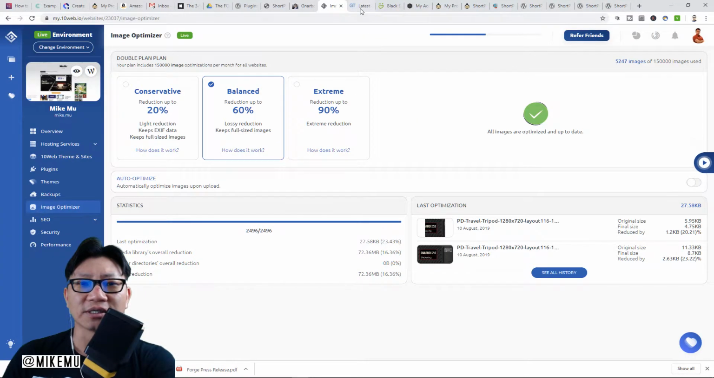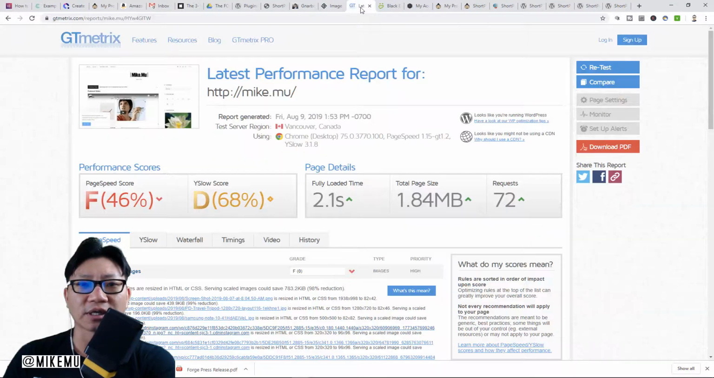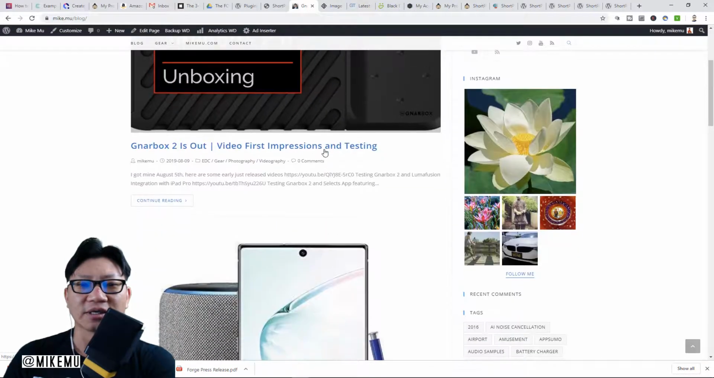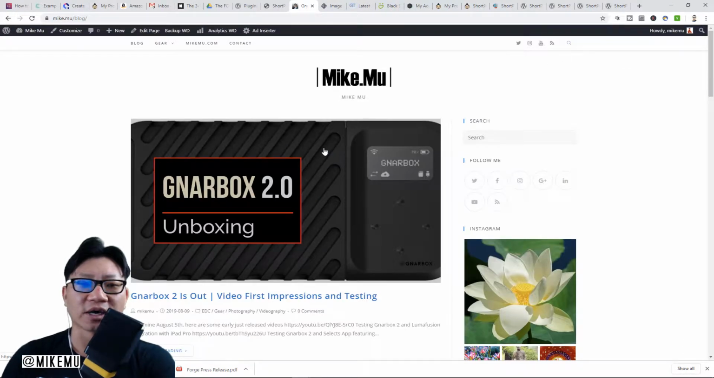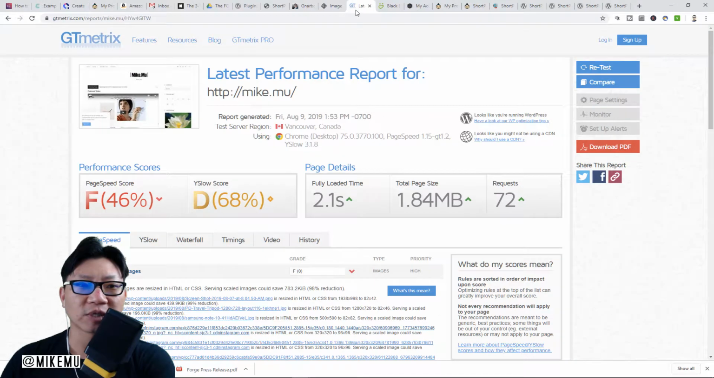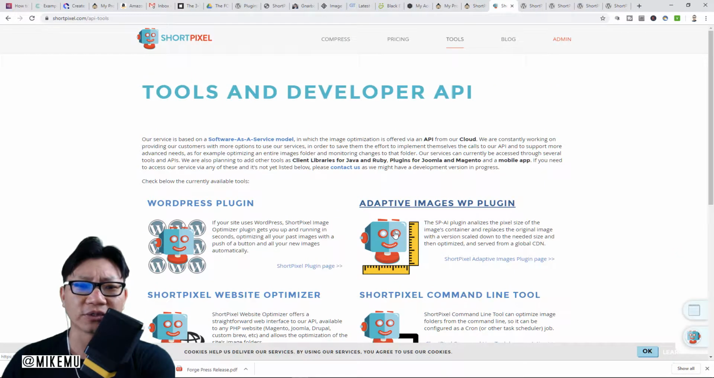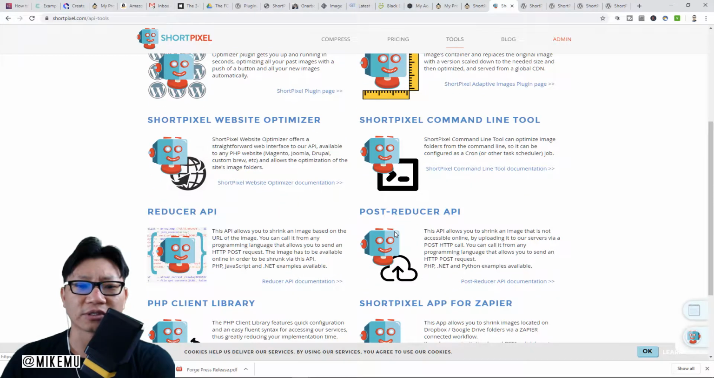So what it does is it serves it from its own delivery network, or CDN, Content Delivery Network. So you're going to get super fast access. It basically takes a load off of your server. So if your server's not as fast as the servers Shortpixel uses, then this is just going to speed up everything, it seems,